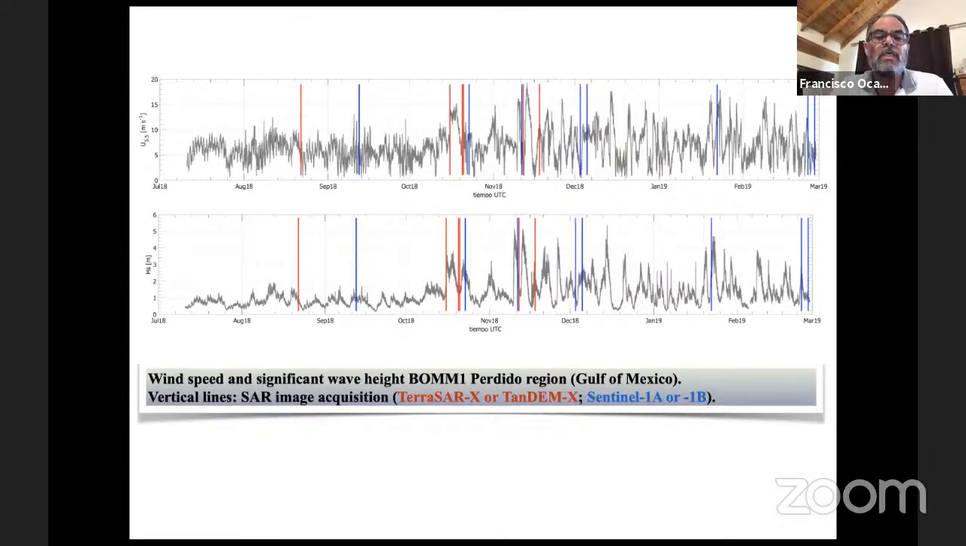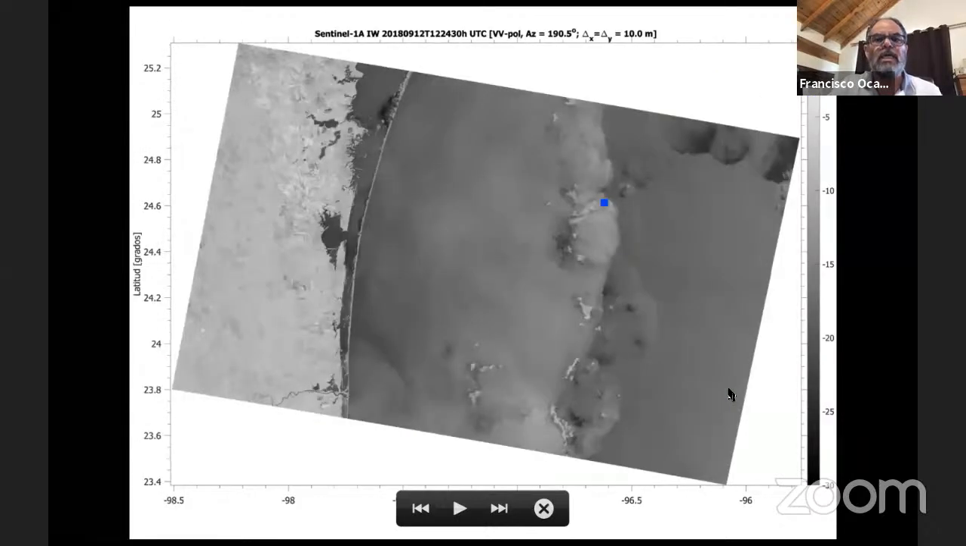And this is because we had at the same time measurements from BOM-1 at Perdido region in the Gulf of Mexico. So the time series that we are showing here is the wind speed in the top and significant wave height as obtained from the buoy. And the lines are when we obtain images either from TerraSAR-X or Tandem-X or the European Space Agency satellites, Sentinel-1A or 1B. Just as an example, I'll show you an image from Sentinel-1A on the 12th of September 2018. And the buoy site was this